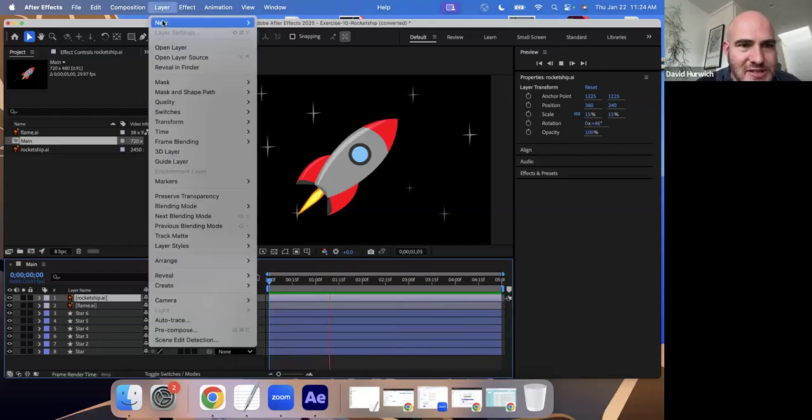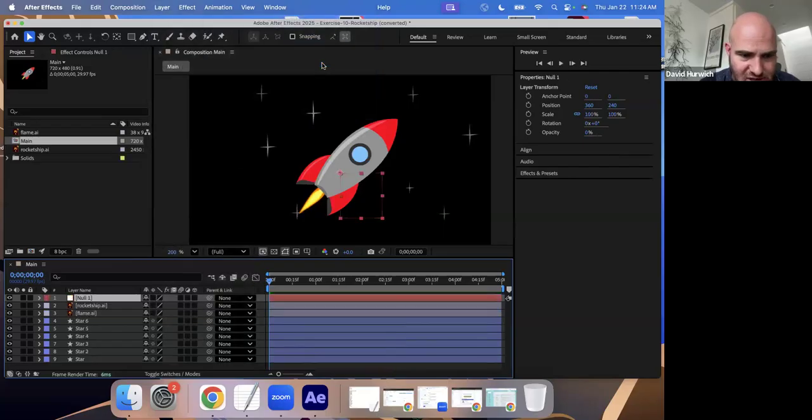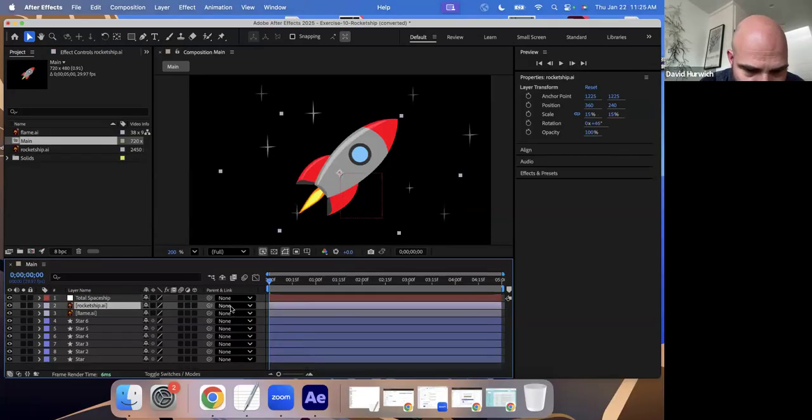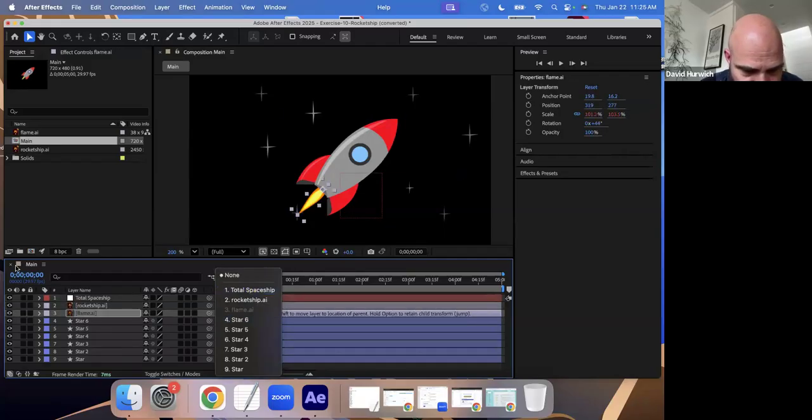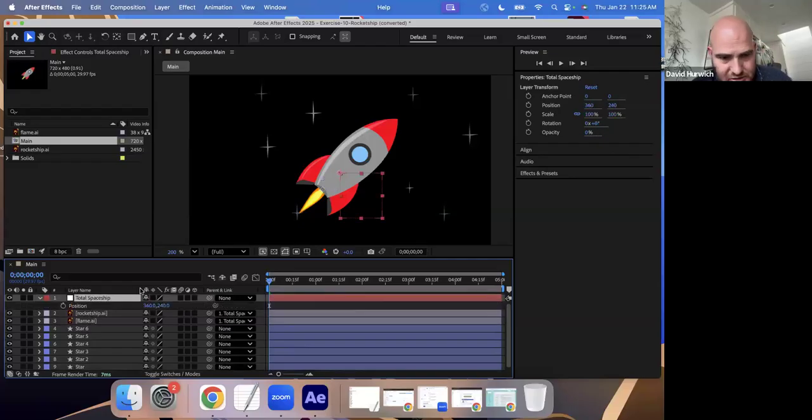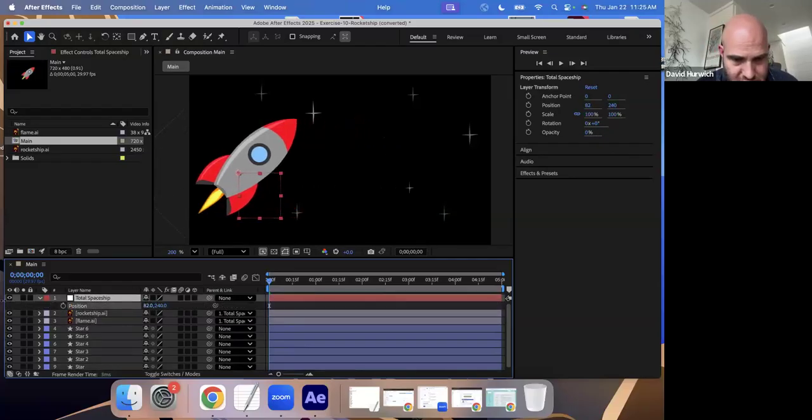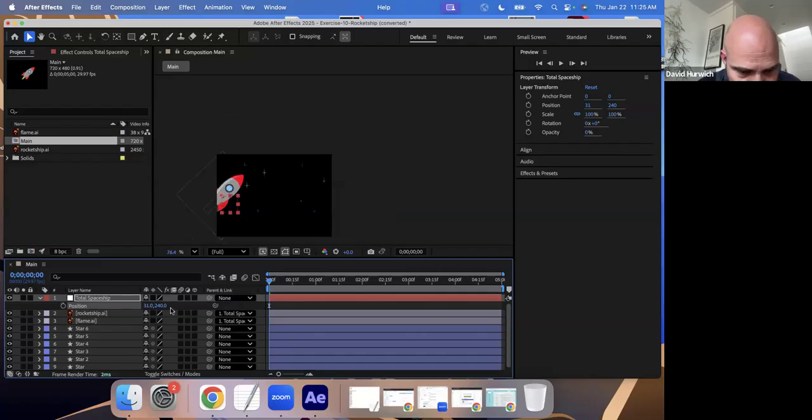Now, let's make a null object, and I'm going to call this total spaceship. And let's parent both of these to the null object. And then I could move this across the page. So the expression is going on part of my object while the other